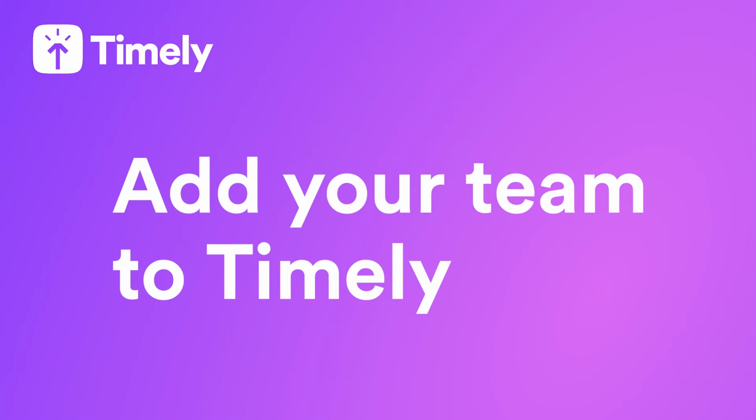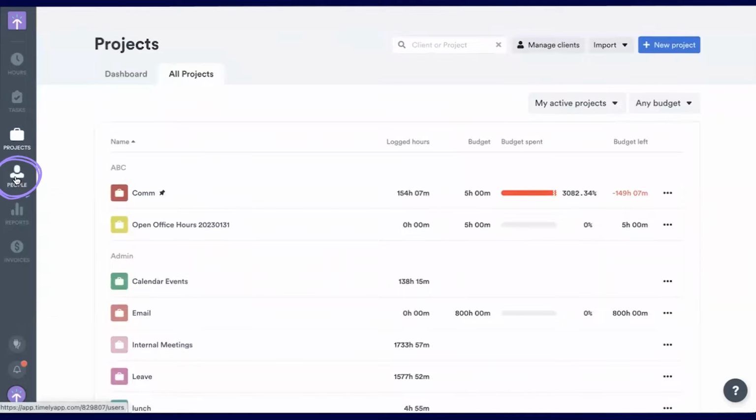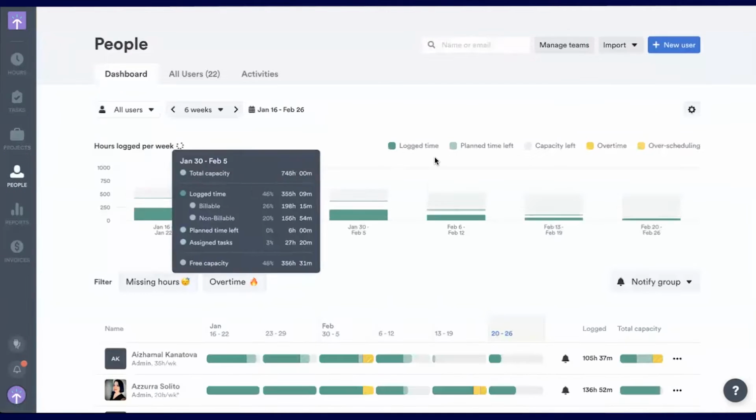There's three main parts when you're getting started in Timely. Step one, adding memory. Step two, adding projects in Timely. Step three, adding your team. Where we're going to do that is here on the people section, and it's going to be up here on